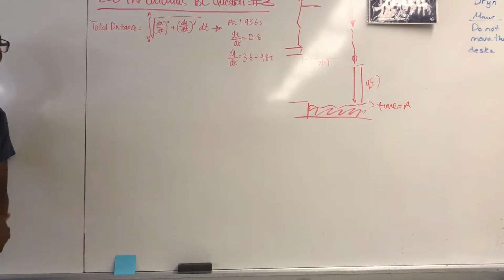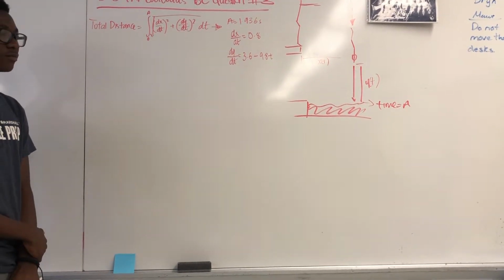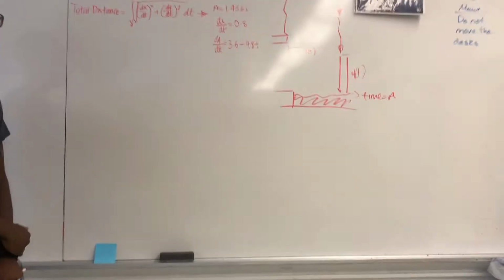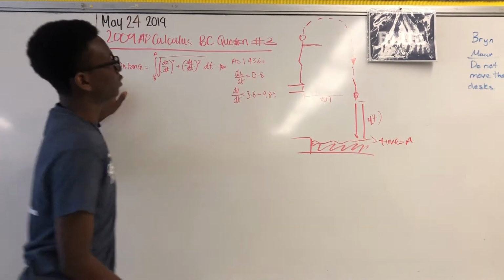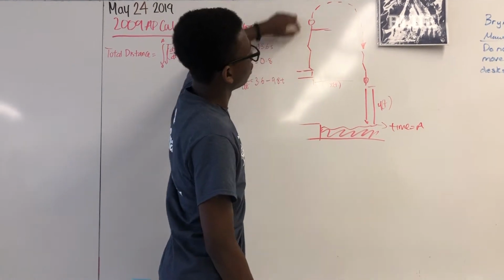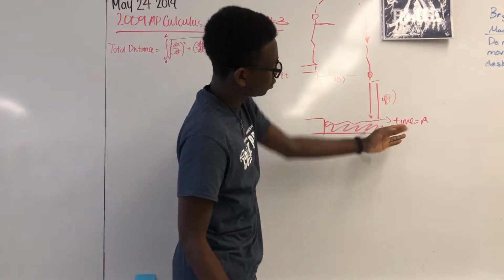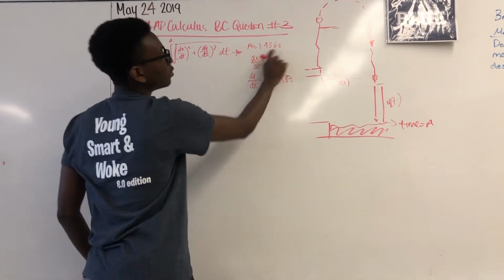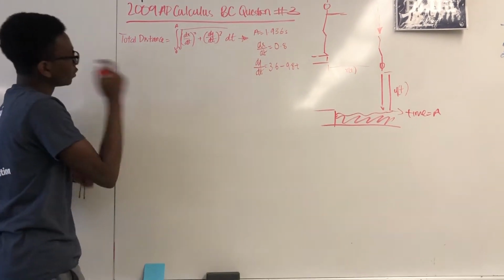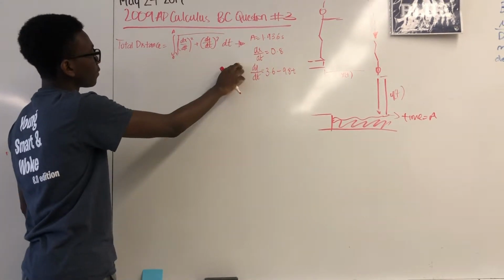Part C of this question asks us to find the total distance traveled by the diver's shoulders from the time she leaps from the platform till the time she enters the water. So we are looking at time 0, which is when the diver is at the platform, and at time A, which is when the diver hits the water. And we found A in part B